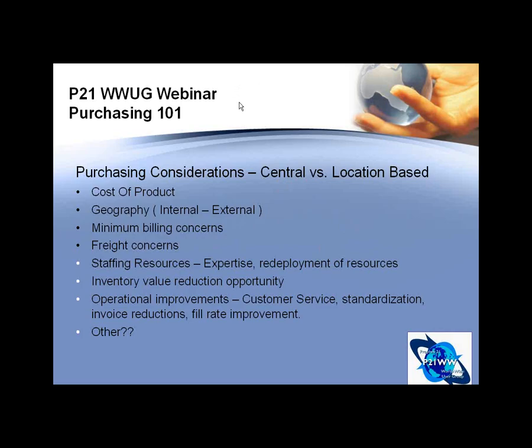And again, fill rate improvements as well, because you're utilizing the tools you have in front of you, so you're using your replenishment methods effectively in each of your locations. So even if it's a simple min-max, you're able to have somebody look at those requirements, generate them centrally,